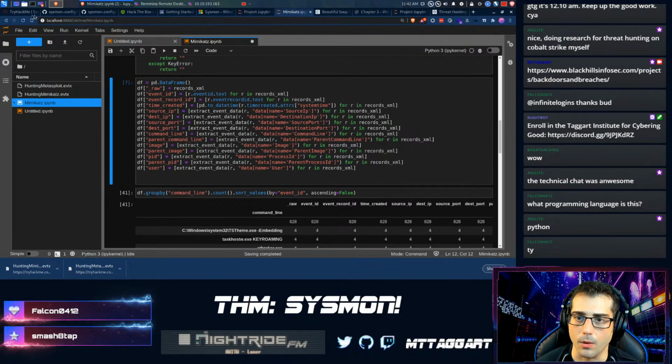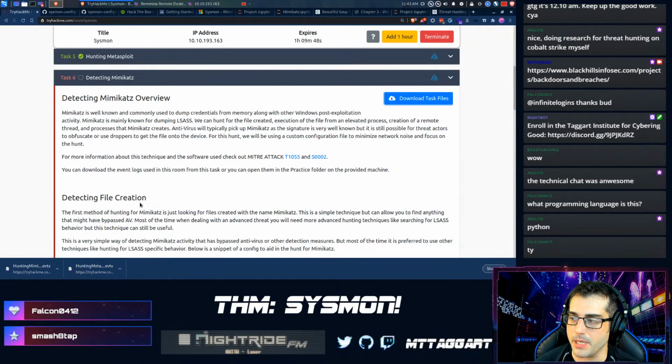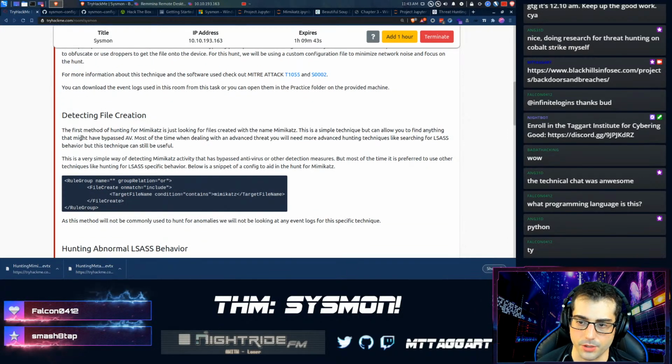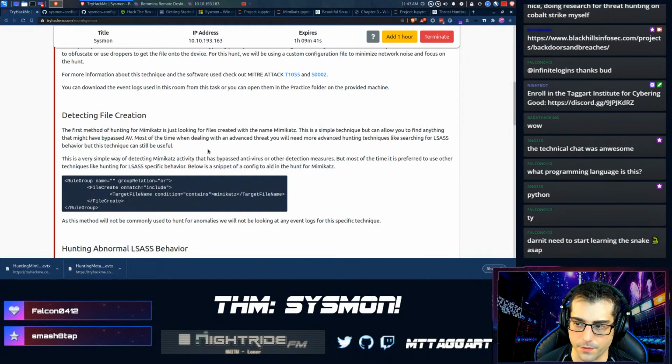Okay. Now, what are we supposed to be looking for? We're supposed to be looking for Mimikatz. So, detecting file creation. The first method of hunting for Mimikatz is just looking for files created